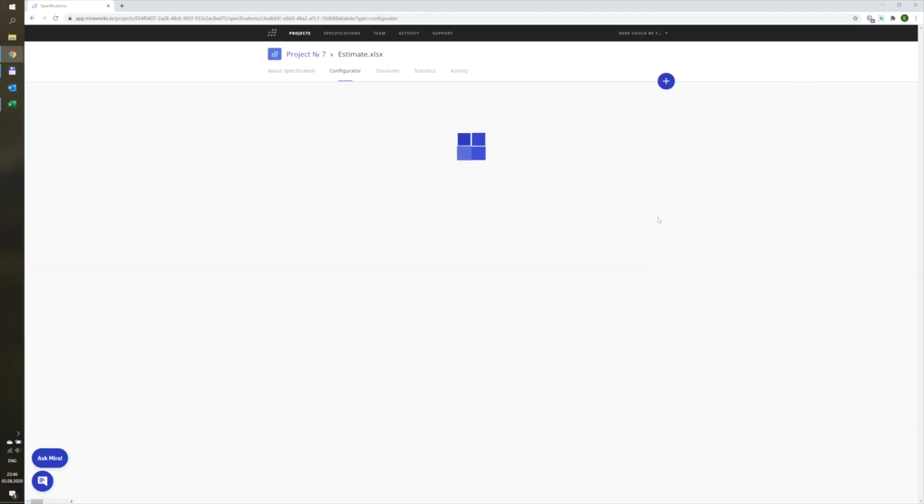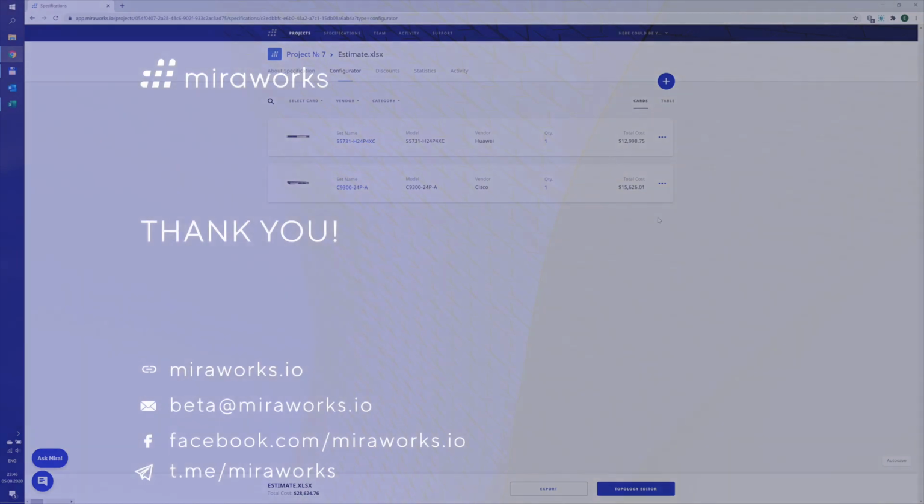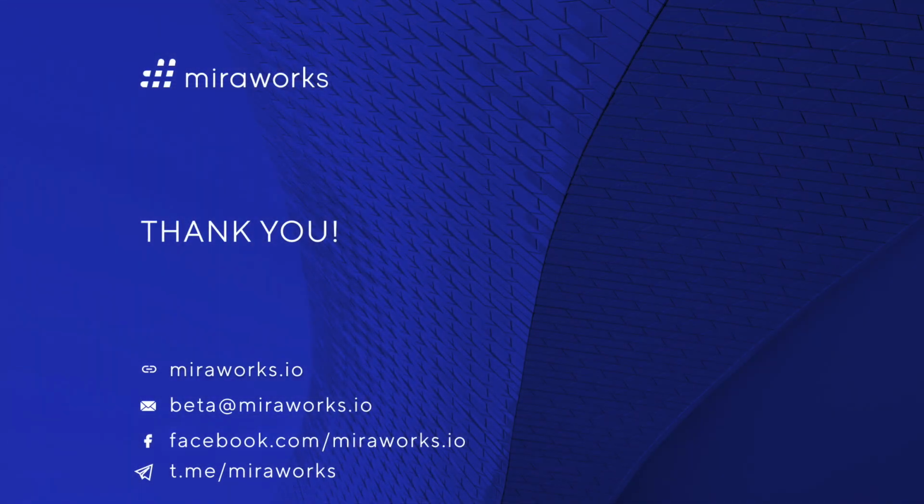Well, our brief review is now finished. We'd be happy to see you among the Miraworks pioneer users. And as long as our platform is in alpha now, you may notice bugs and lack of smoothness. In this regard, we'd highly appreciate it if you test drive Miraworks and share your suggestions by contacting us at